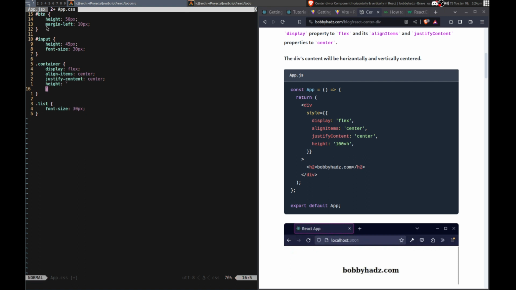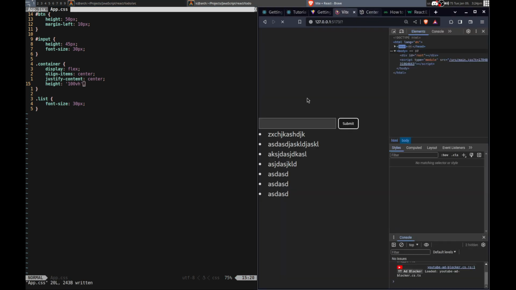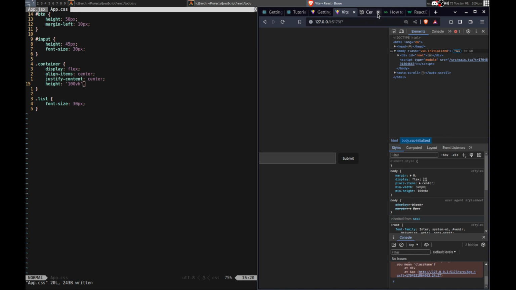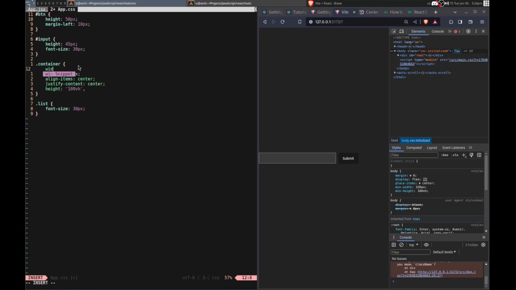I don't know what VH is. I've seen that before, but I don't know what it does. Like a measurement thing, but I don't know what it means. So now it's there. It didn't even really center it. Why is it messed up now? What did I do wrong? Width.